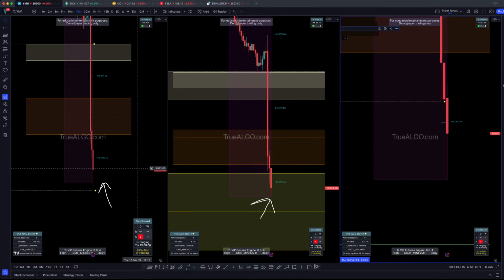By the way, look, just showing you live. I know you've got to wait a couple of minutes. We're talking about 2 minutes here. Look, what do you see on the very next candle? What do you guys see? Look, current members, what do you guys see on the next candle from a predictive edge from True Algo? What do you see?